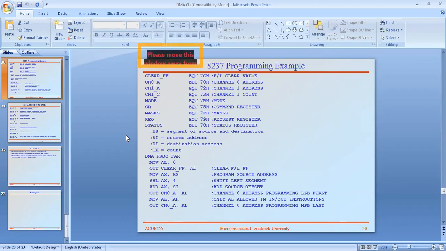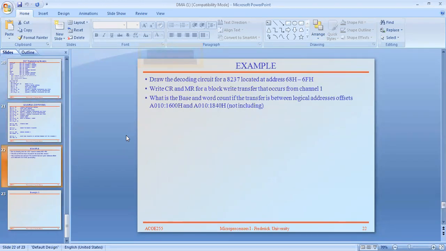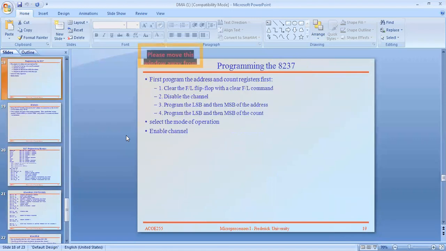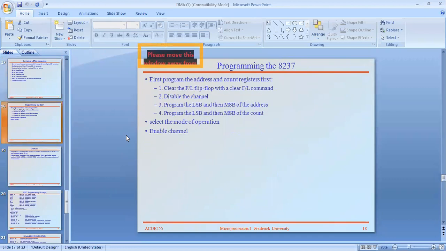So we will see the programming of the 8237 with the 8051 in later classes, if possible. This is not mandatory; it is only to know what is what and how to program the 8237 DMA. That's all about DMA.